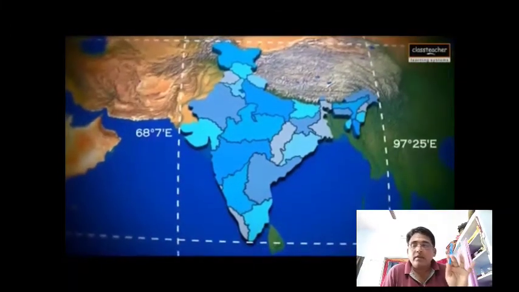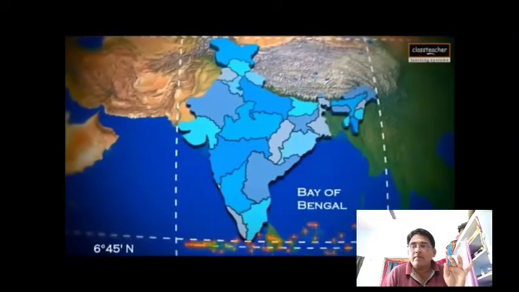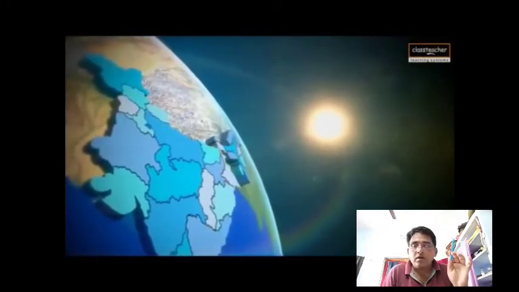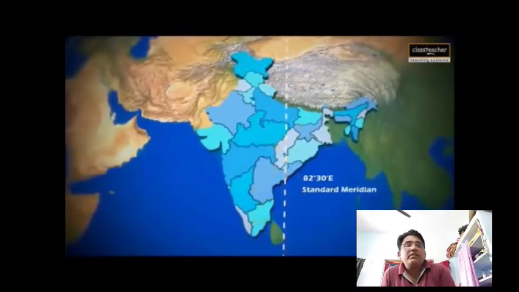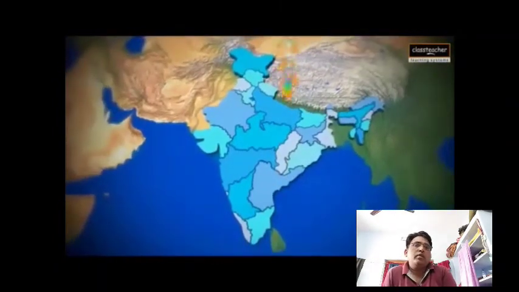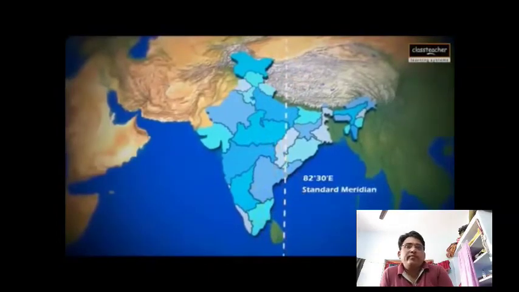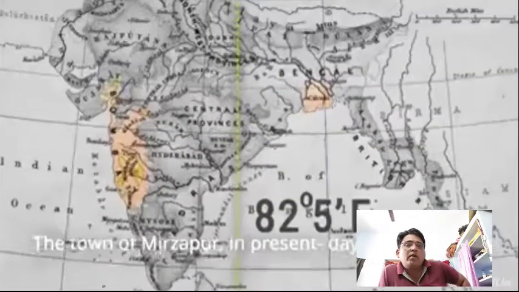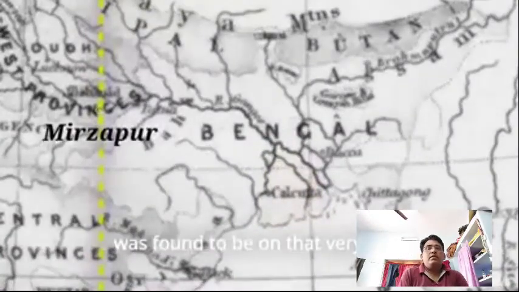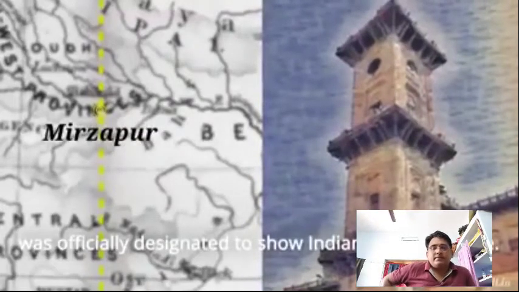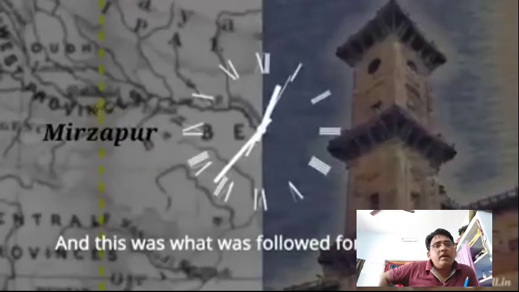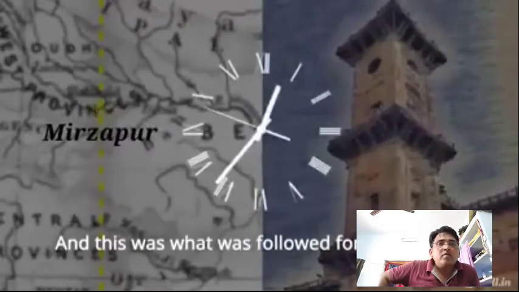If we follow the usual time of each longitude, there will be a 2 hours time difference between Arunachal Pradesh state time and Gujarat state time. There is a lot of confusion. To avoid this confusion, IST is fixed on the central longitude, 82.5 eastern longitude. This line passes through Mirzapur near Allahabad. This line also passes through Kakinada in our state. The time on 82.5 degrees eastern longitude is followed throughout India.